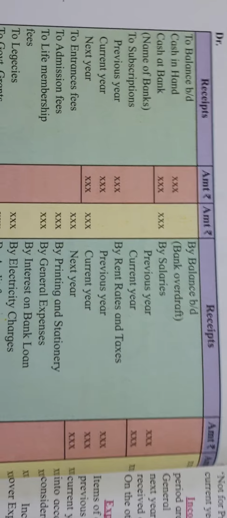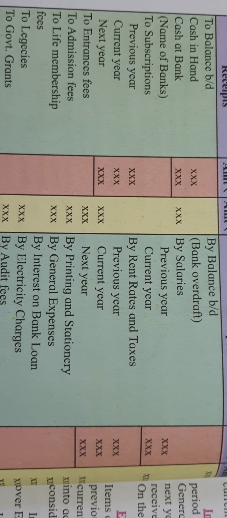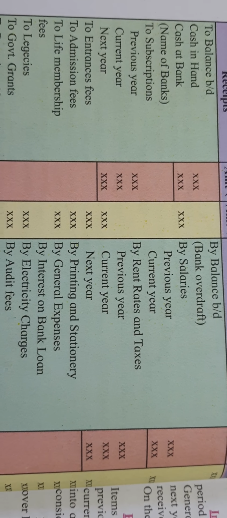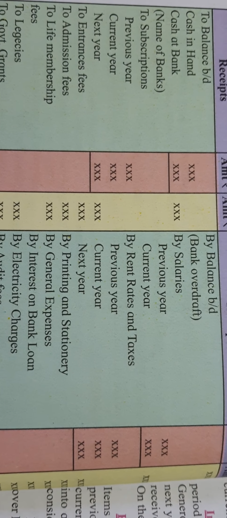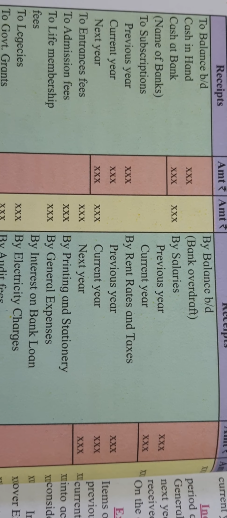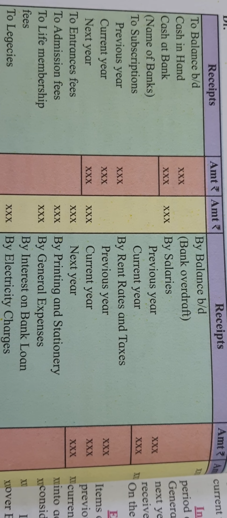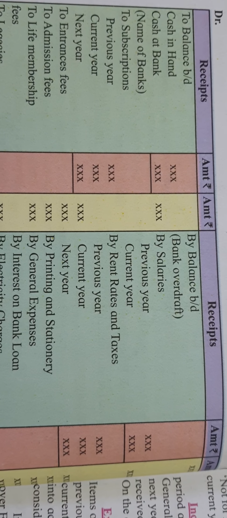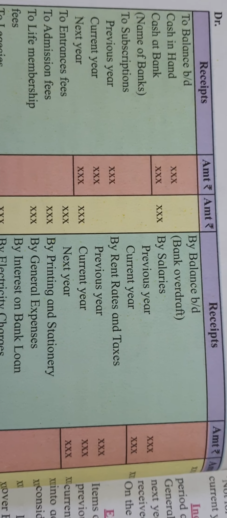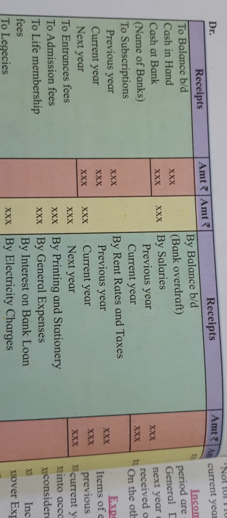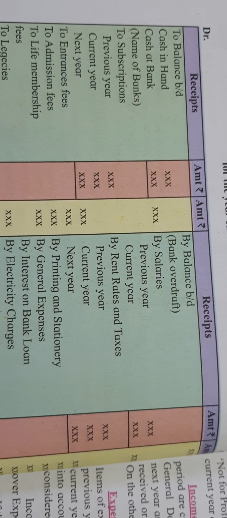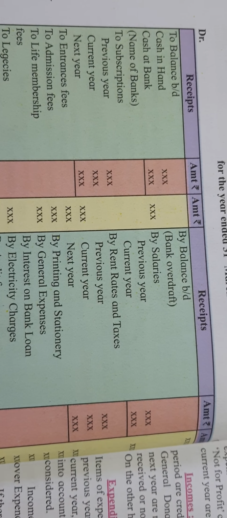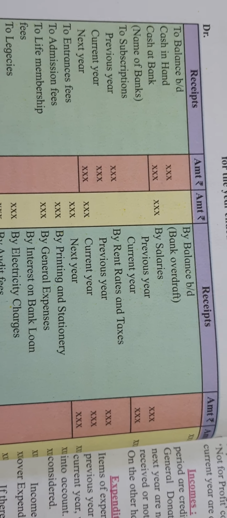So in the receipts and payments account, it will be affected. It means if money is received, you have to record it, and if money is paid, you have to show it as expenses. In this way the books of accounts are maintained under the NPO. And after some adjustment, after closing of the books, there are certain entries remaining to be given effect, which are recorded in the form of adjustments.